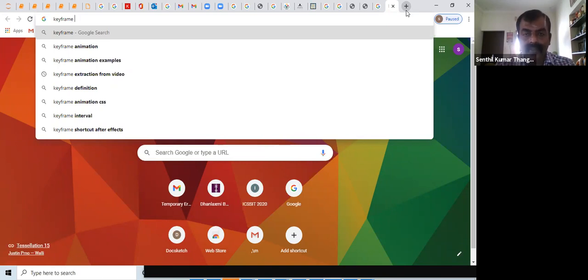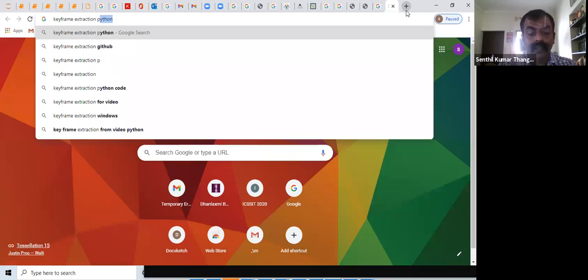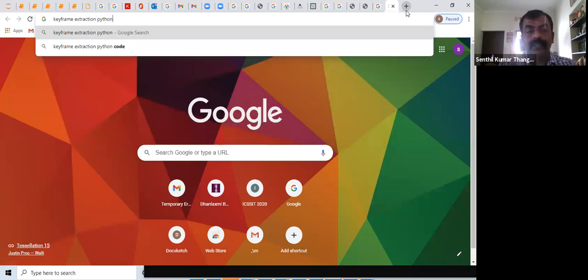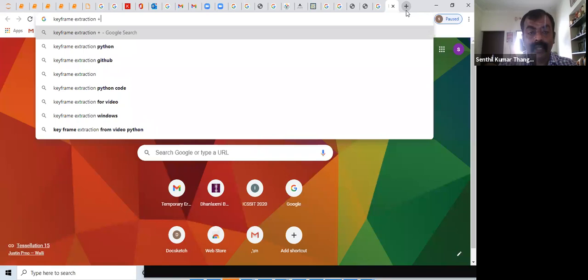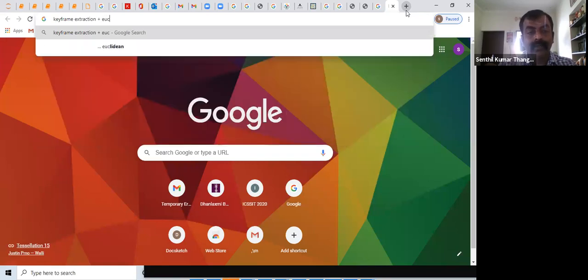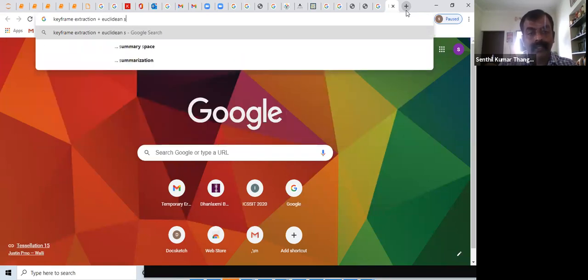The idle frames are not one, they are more than one. I don't need all the idle frames. I need one idle frame and a frame at which I started talking. So there you look for something called keyframe extraction. If you go to the internet and type keyframe extraction, in Python you'll find the code. And if there's a question about the algorithms for keyframe extraction, you can use a Euclidean distance-based keyframe approach.